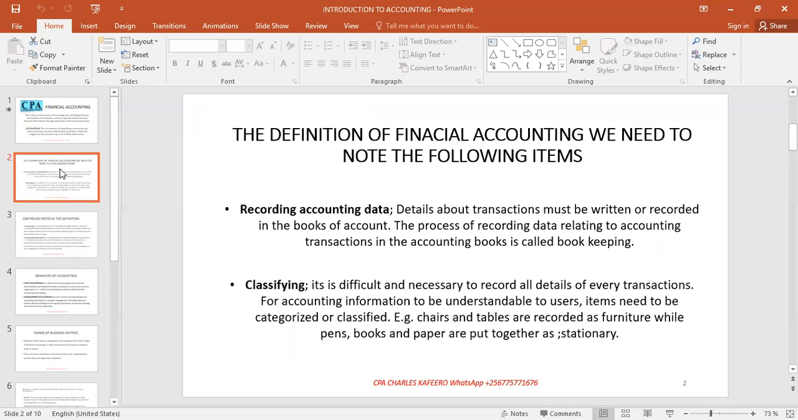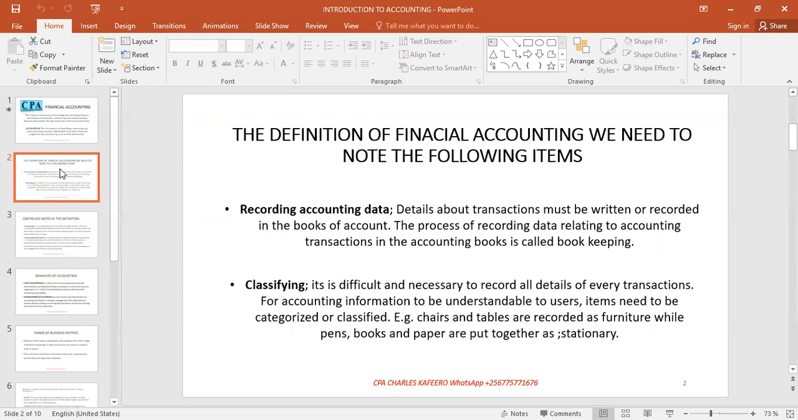of accounts. So this is the process of recording data relating to accounting transactions in the accounting books, or in the books of original entry, or the source documents. And that process is called bookkeeping. It's just a matter of recording those raw facts, depending on whatever transaction you are